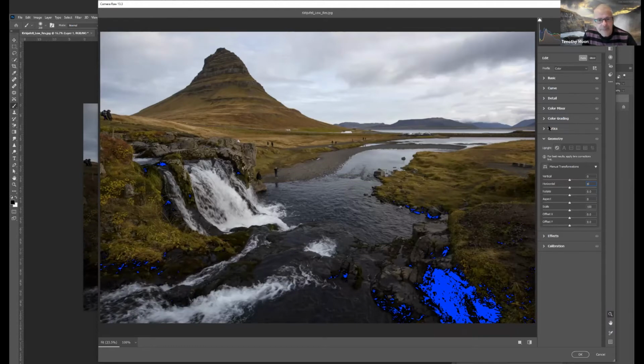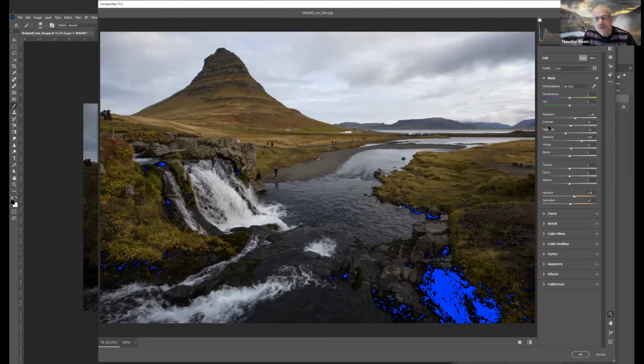As a starting point, that is usually what I would do. I'll hit auto and see what Photoshop thinks I should be doing with it, and then I can do some adjustments myself. So one of the things I always do, and you'll see as I move the slider, is if I slide